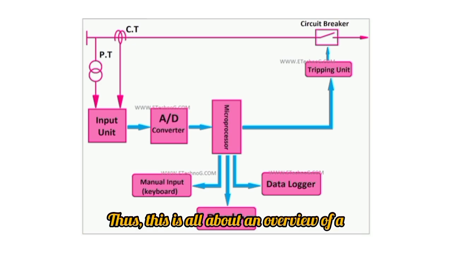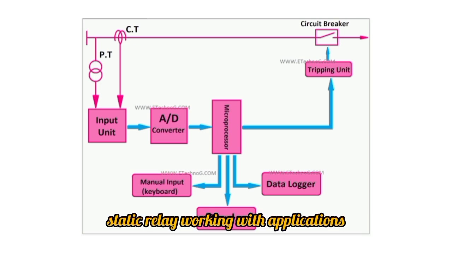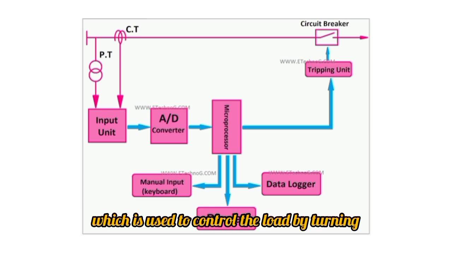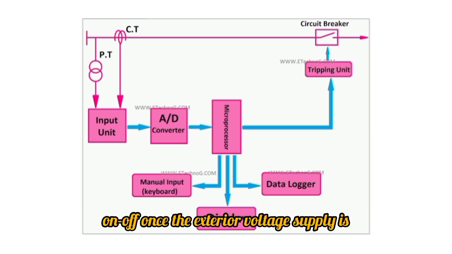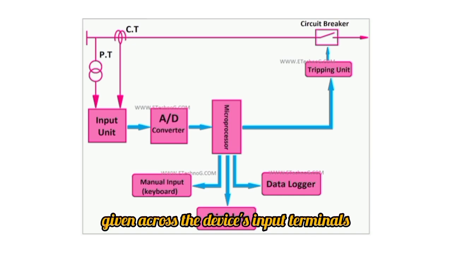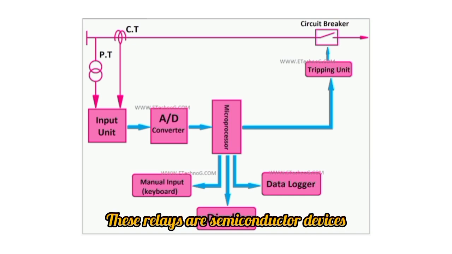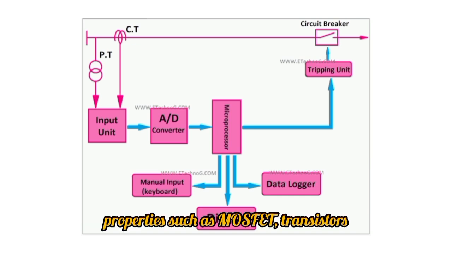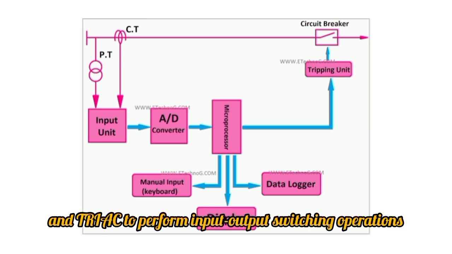Thus, this is all about an overview of a static relay working with applications. These relays are also called solid-state switches, which are used to control the load by turning on and off once the exterior voltage supply is given across the device's input terminals. These relays are semiconductor devices that utilize solid-state semiconductor electrical properties such as MOSFET, transistors, and triac to perform input-output